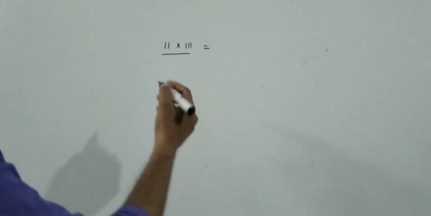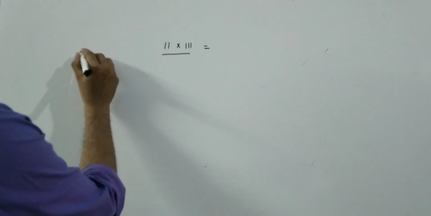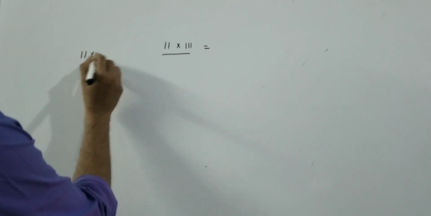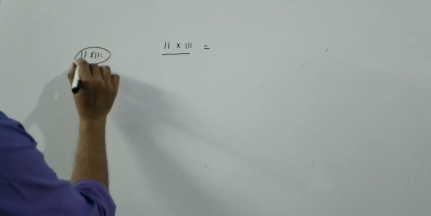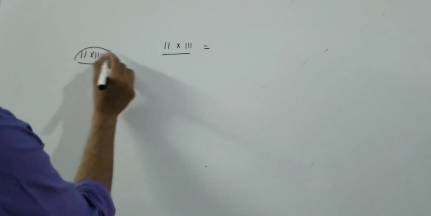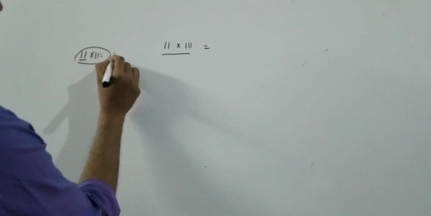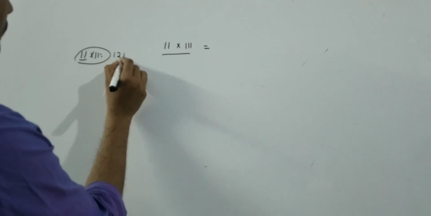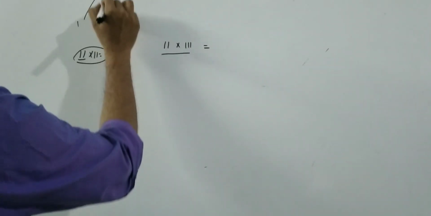See friends, so far we have discussed the case where the number of digits on both sides is the same. How have we written this? Here 2 digits are there, then first two numbers 1, 2, again 1. This formula we applied, 1 to 1.